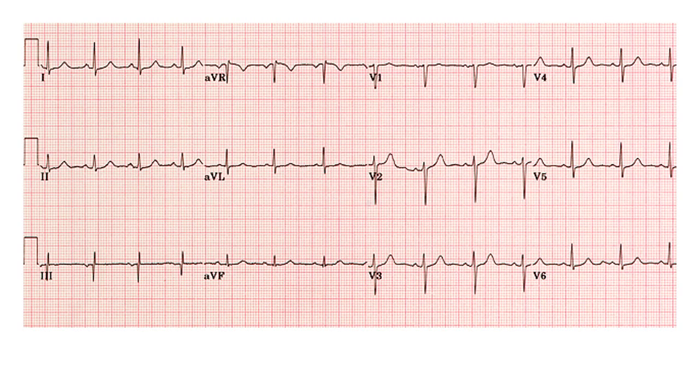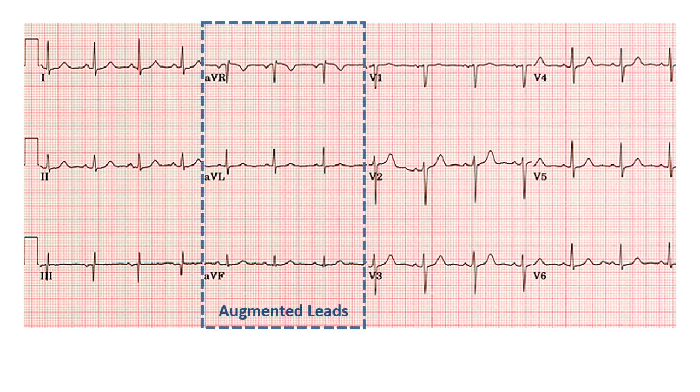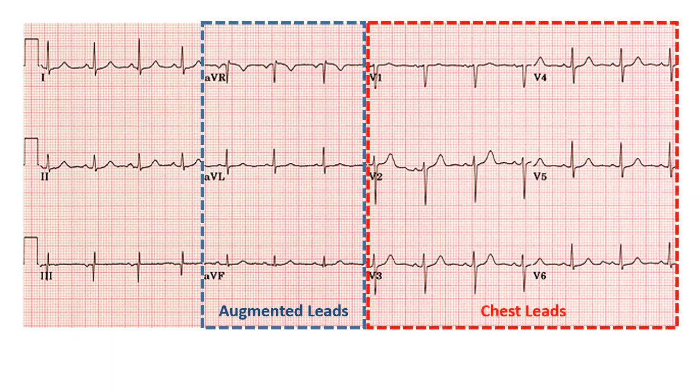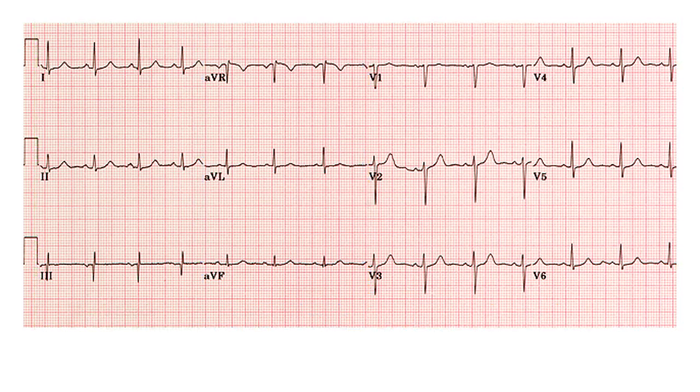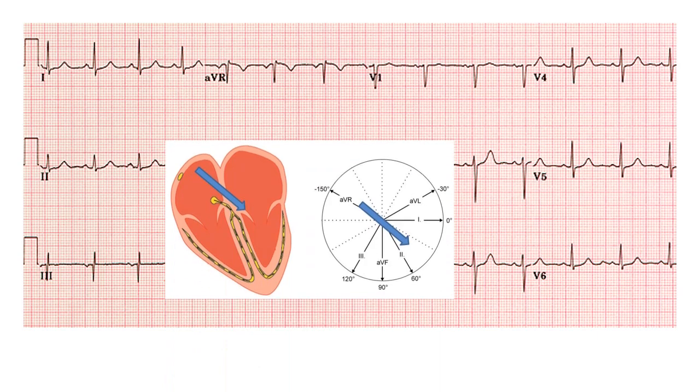Now look at this ECG and try to observe the points that we discussed till now. First are the leads we studied, and then some ECG reading conventions. First, augmented leads, that is AVR, AVL and AVF. Then the chest leads, which are V1 to V6. And then the bipolar leads, that is limb leads 1, 2 and 3. As we discussed, the shape of the QRS complex in any lead depends on the orientation of that lead to the vector of depolarization. In this figure, the main vector of depolarization of the heart is shown.